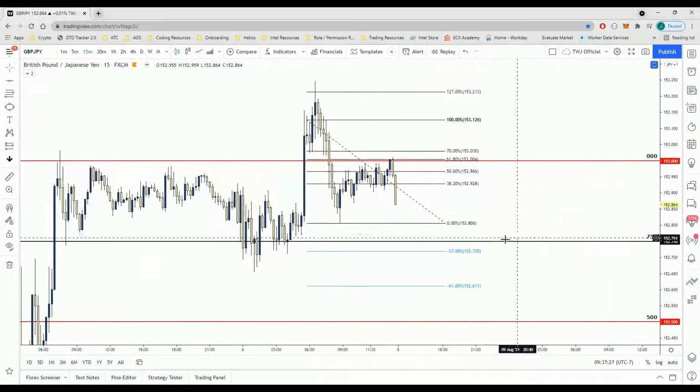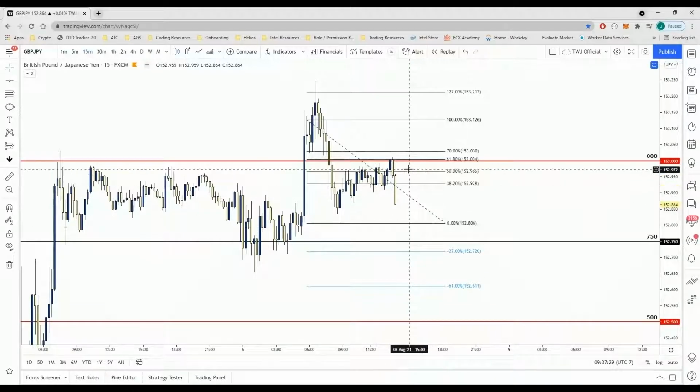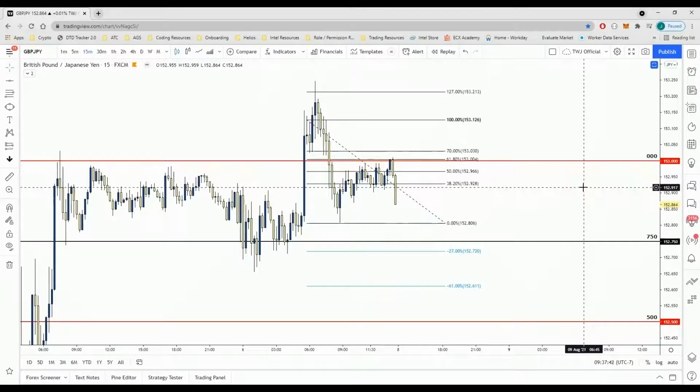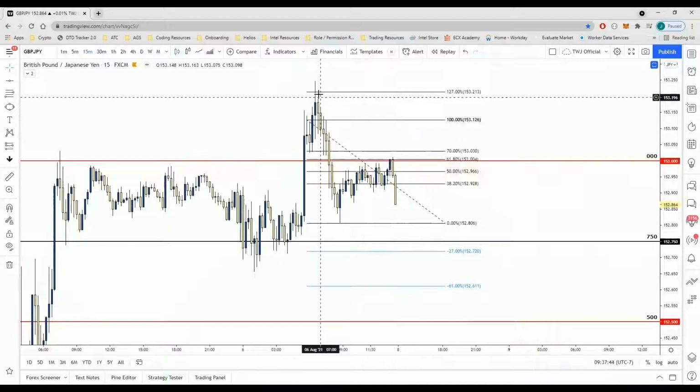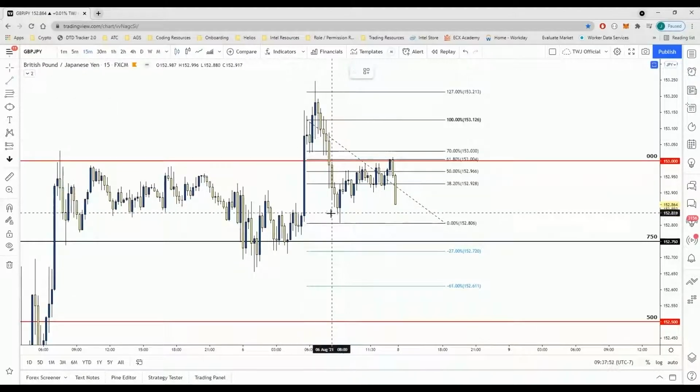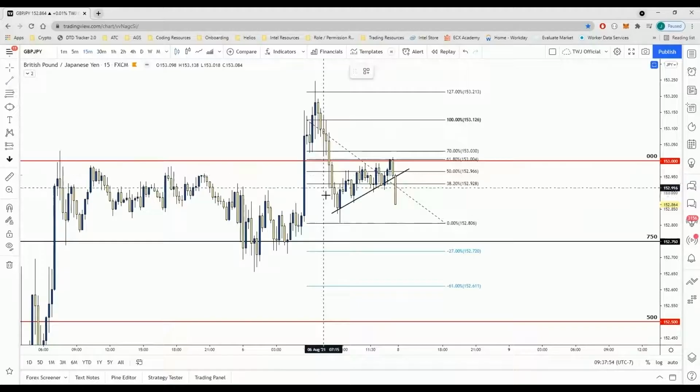Let's say we have a confluence. Now you can say we have price respecting the 153 level. That's one confirmation, a psychological level. We have an engulfing bearish candle to the downside at a psychological level. That's two confirmations. And let's just say this happens to be the 61 fib or the 70 fib, and it respects a Fibonacci retracement. That's three confirmations. On top of that, you have this upwards channel here,